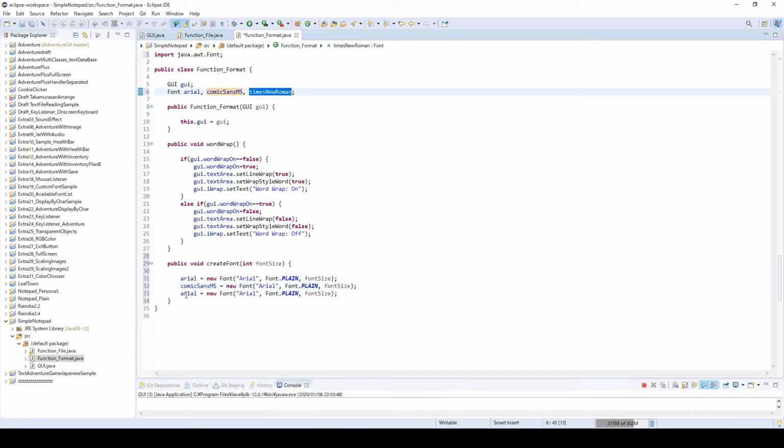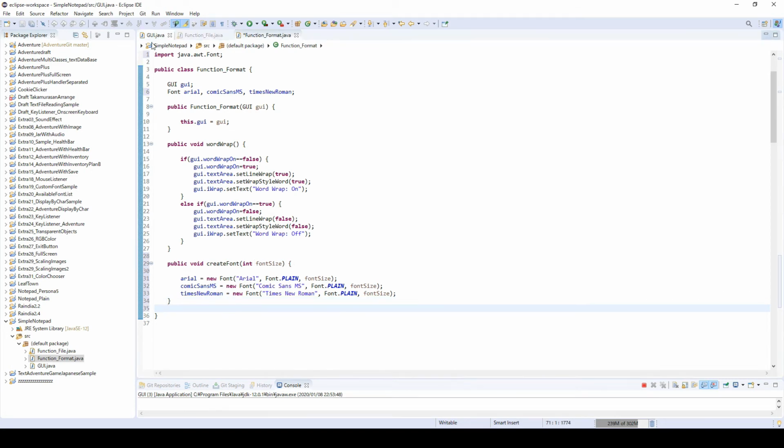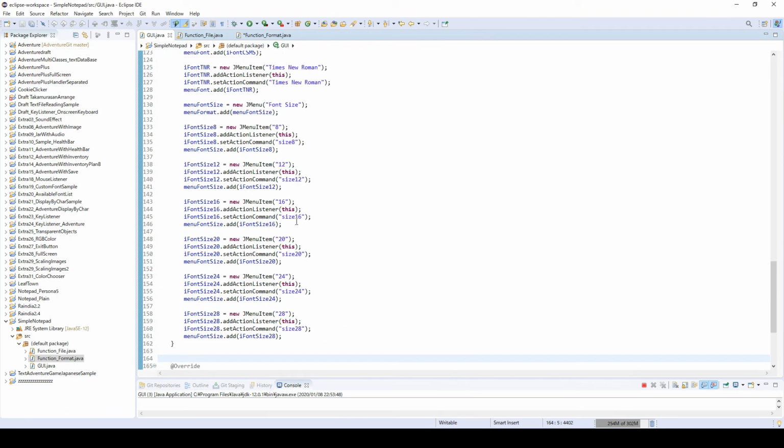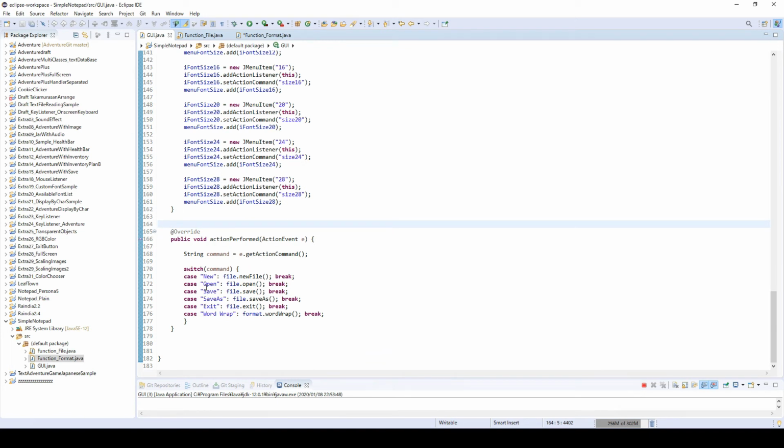Sans, Times New Roman, okay, Comic Sans MS, and also Times New Roman. So okay, let's leave this for now, because we need to get this number to proceed. And yeah, we've already added this action command, so let's add some cases here for